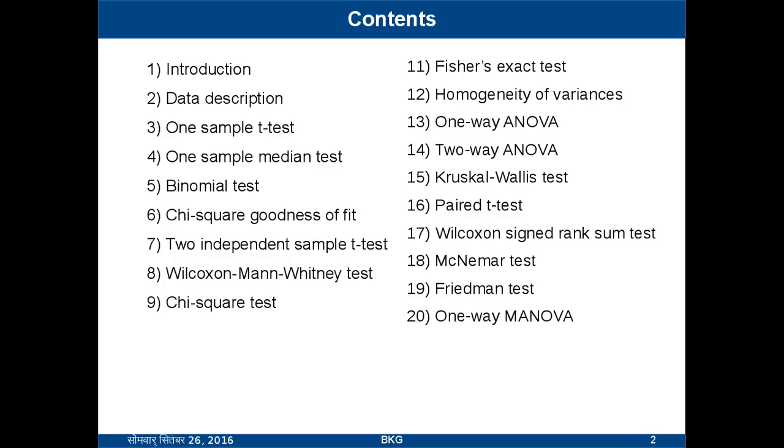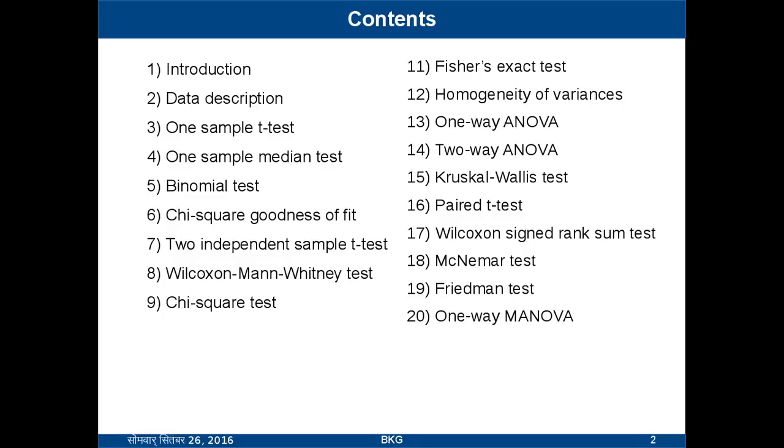and learn about their R coding, like one sample t test, one sample median test, binomial test, chi-square test for goodness of fit, two sample independent t test, Wilcoxon Mann-Whitney U test, chi-square test for association between two categorical variables, and then Fisher's exact test, which is an alternative of chi-square test,